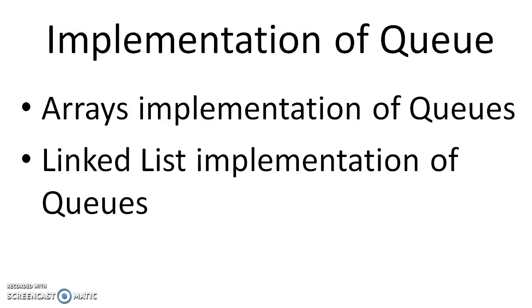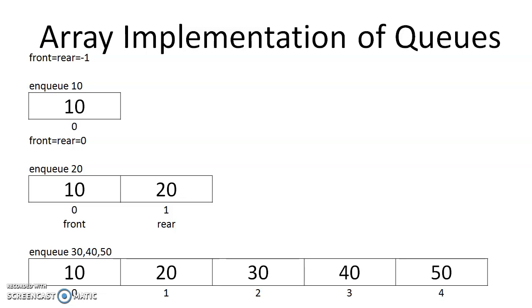And how is this queue implemented? We can implement queues in two ways. One is the static implementation and the second one is the dynamic implementation. Using the static implementation, we can use arrays for implementing queues, and for the dynamic implementation of queues, we can use the linked list. At first we will see the array implementation of queues and how these operations are implemented on them. As an example, consider that